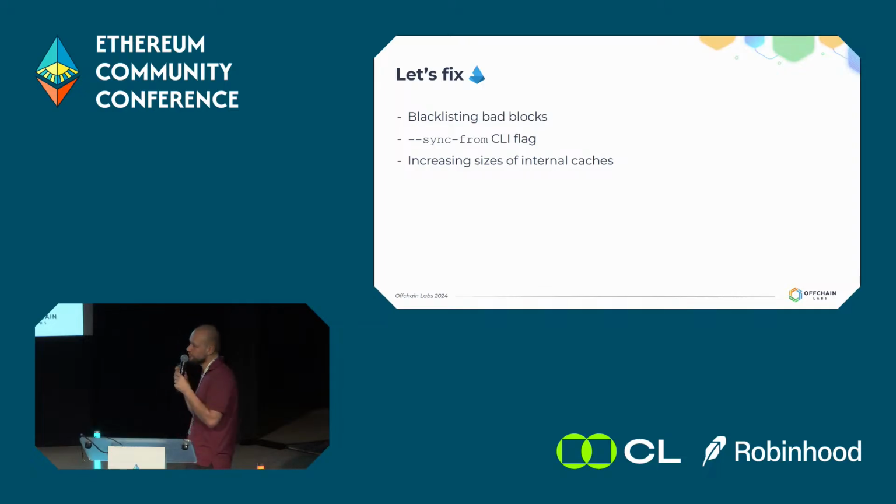Secondly, even if we're on the correct fork, whenever you restarted Prism, it started from the last finalized checkpoint, which was quite some time ago. So even though we had all blocks in our database and we would be on the correct fork, we would process these blocks, but every single time when we restarted, we had to process these blocks again and again and again, and it took time and resources. And so we added an option to sync from an arbitrary block, and you can, for example, specify head, and then it would just start syncing from the head.